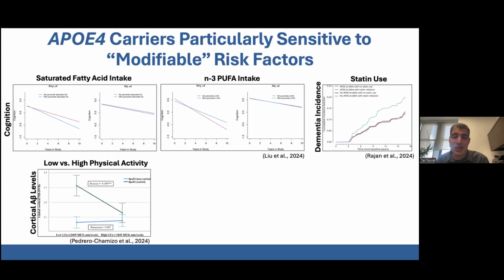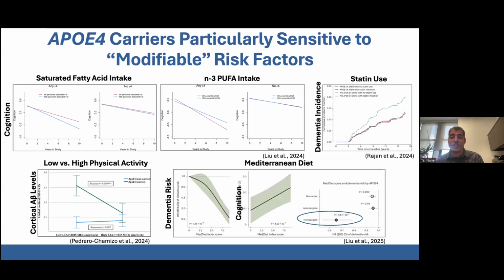Physical activity: this study showed that APOE4 carriers in particular had higher amyloid beta levels if they were physically inactive, had less of what they called leisure time activity. And then this study, which was very recent, which I really liked, was looking at this large cohort of individuals